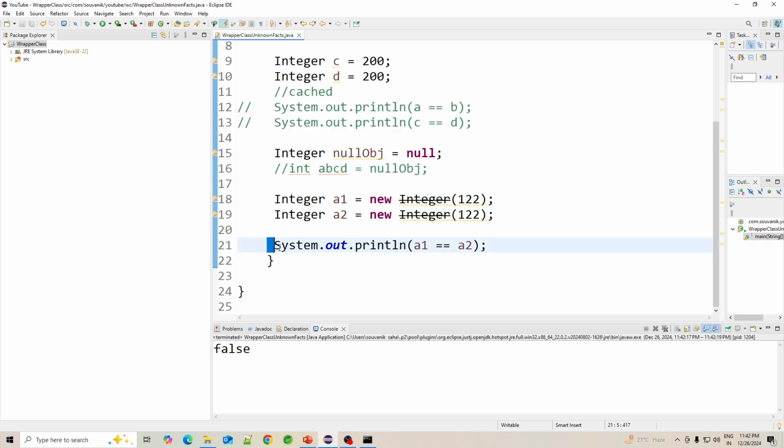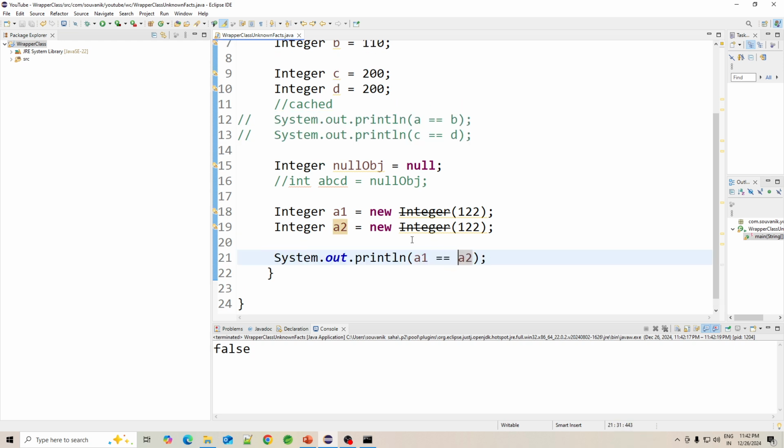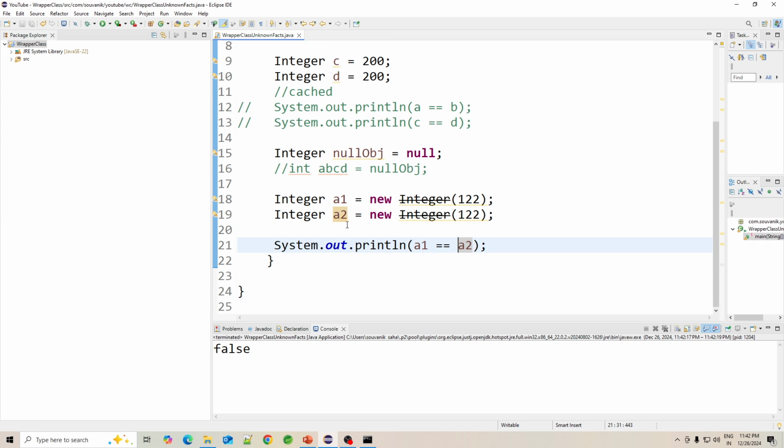Okay, so now you can see that it is false because these are two separate objects. Whenever you create any wrapper class object with the new keyword, every time it will create a separate object. And double equals means we are comparing the reference, and in that case it is not the same object, right? So the reference is not the same here.